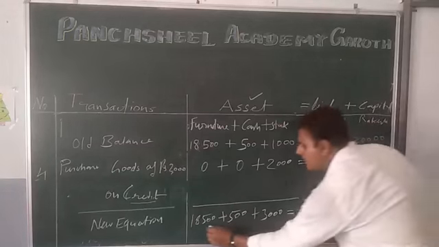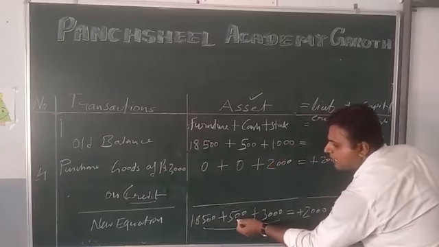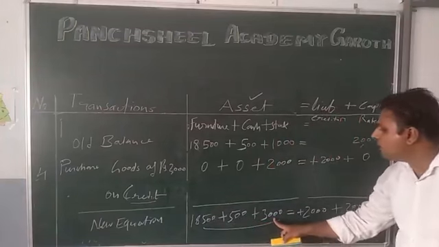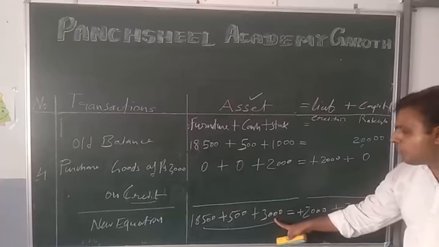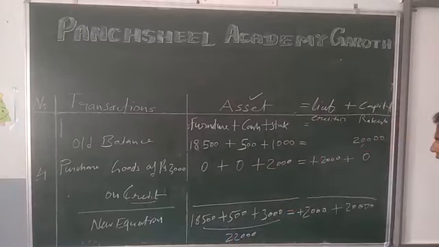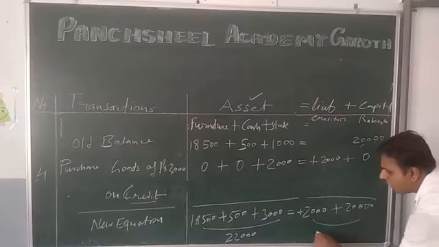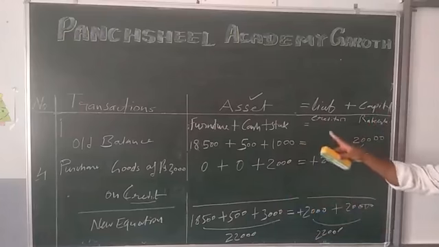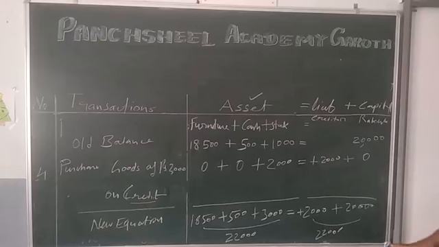So again, if you balance them, it will come to 500 plus 18,500 plus 3,000. How much comes? 19,000 plus 3,000, how much? 22,000. Here also 2,000 plus 20,000 is 22,000. So both are balancing here. The accounting equation is balancing. So that's how the accounting equation forms. These are the basics across the four transactions. Go through it again and again.